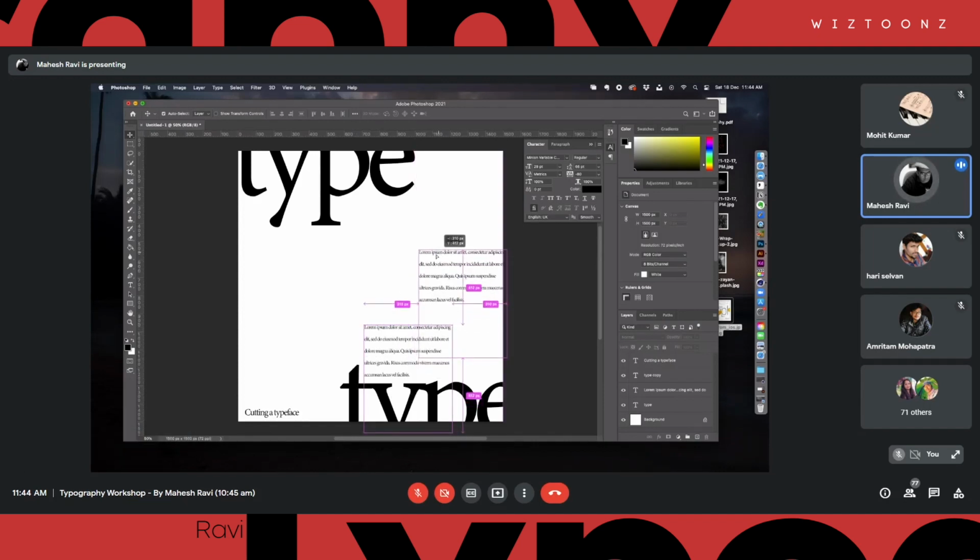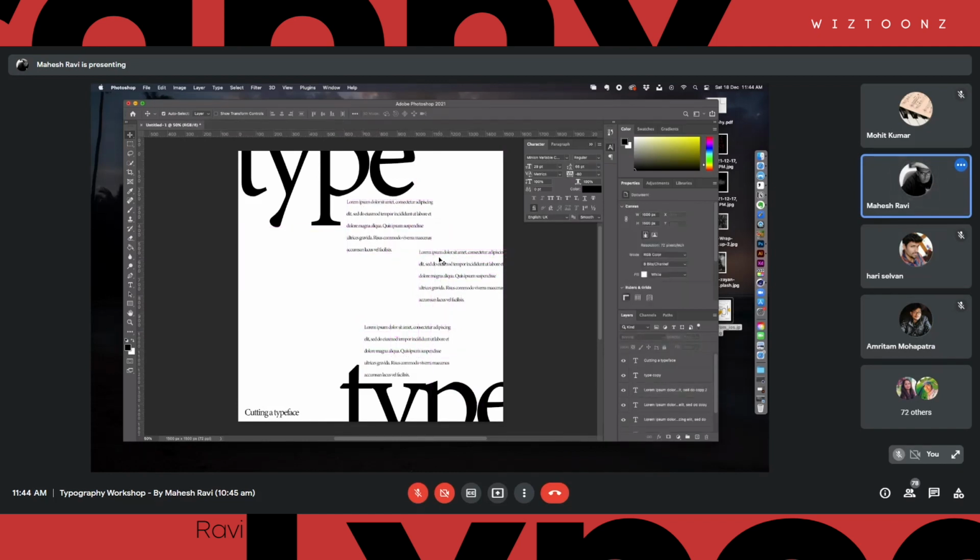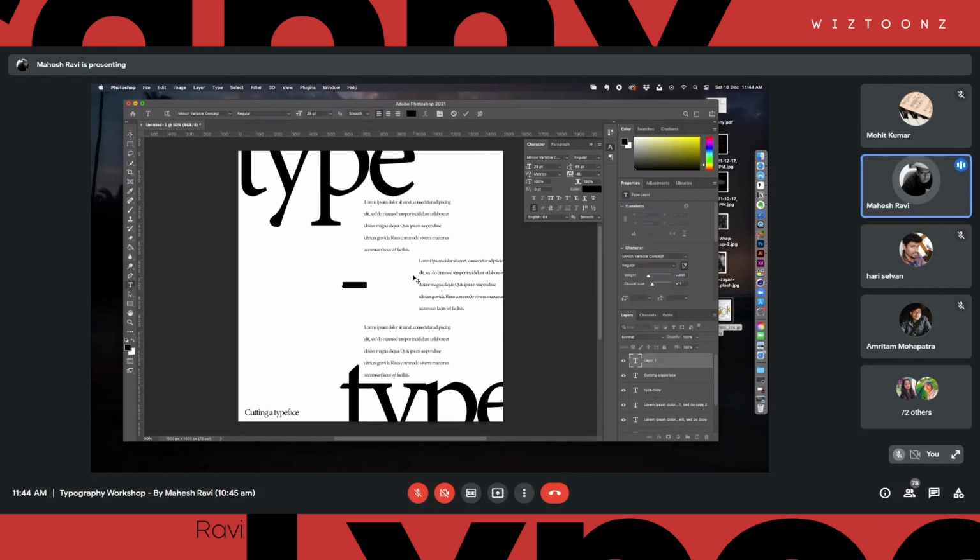Maybe you can try a different arrangement here, and you're going to say, okay, this comes in like this. Right. So maybe something like this. A pretty interesting composition. A pretty dramatic composition, which normally we wouldn't do. Normally we will not dare do something like this because we will be too afraid that people will not be able to read it and all that. But let's think about this. If you are doing it, and maybe the heading of this is going to be there, like you are going to write about typography on this page, and that is something you're already defining right here.